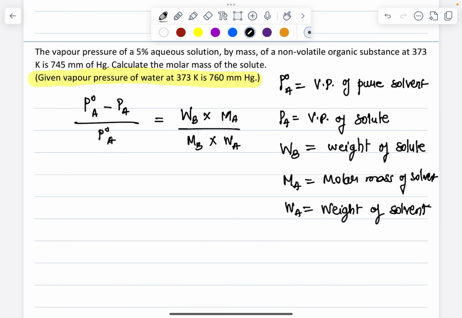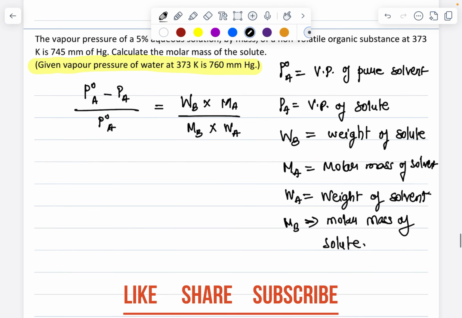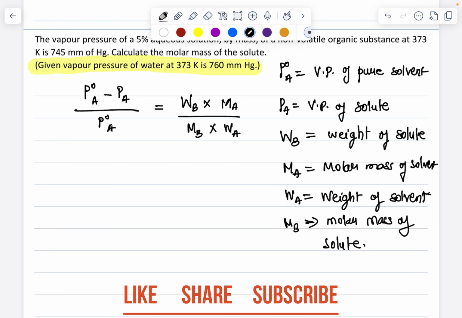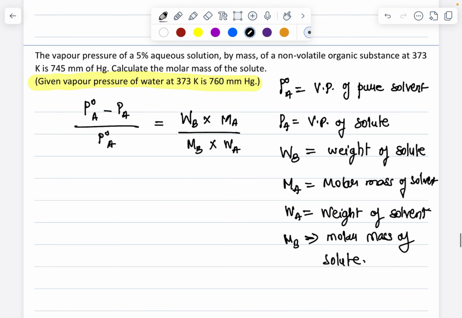So what is the thing? Calculate the molar mass of the solute. Means you need to find, one minute, what I did, WB, MA, WA and MB, right? MB is pending. This is what we need to find, the molar mass of solute. So we know that vapor pressure of the